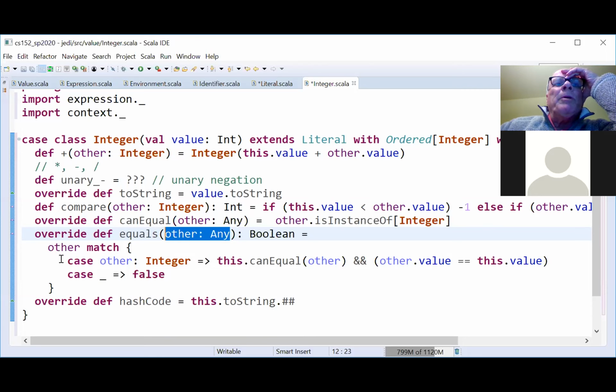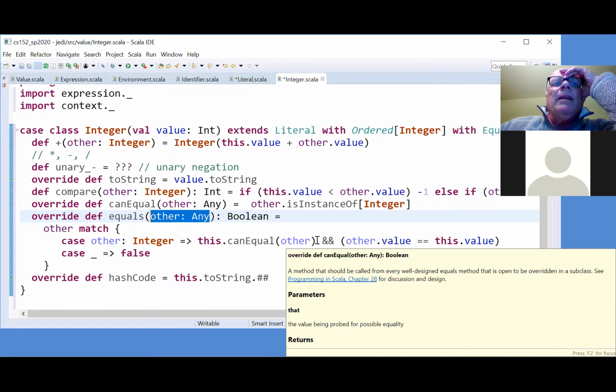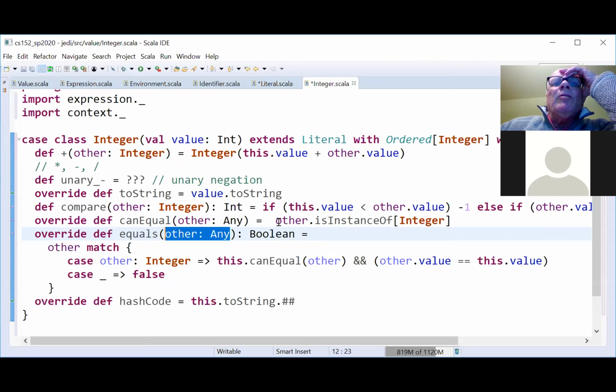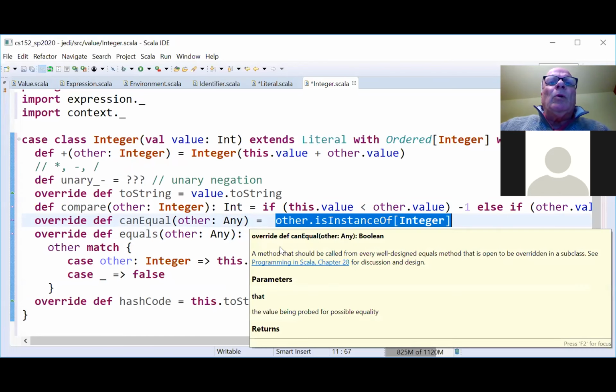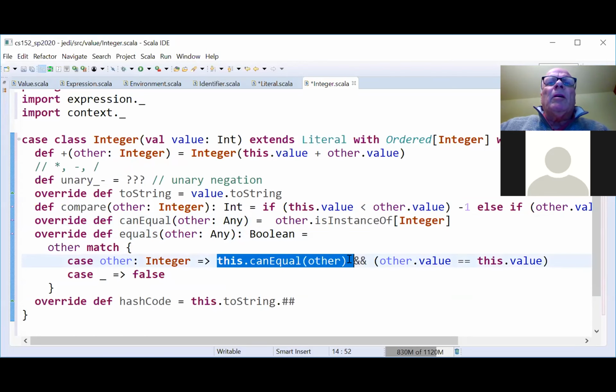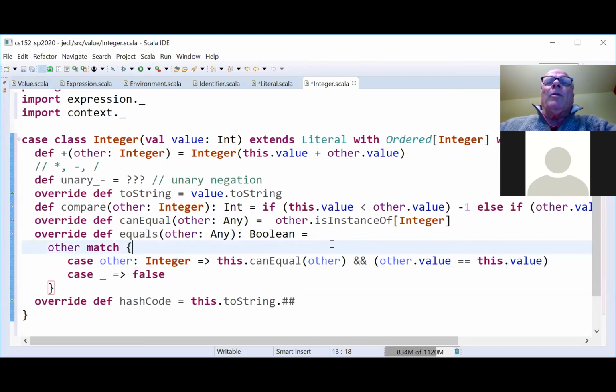Now here, one of the beauties of case is that it automatically casts other as an integer here. So this can equal other is just other dot instance of integer. And I don't like this stupid can equal stuff. Well, I'll leave it as it is for now.